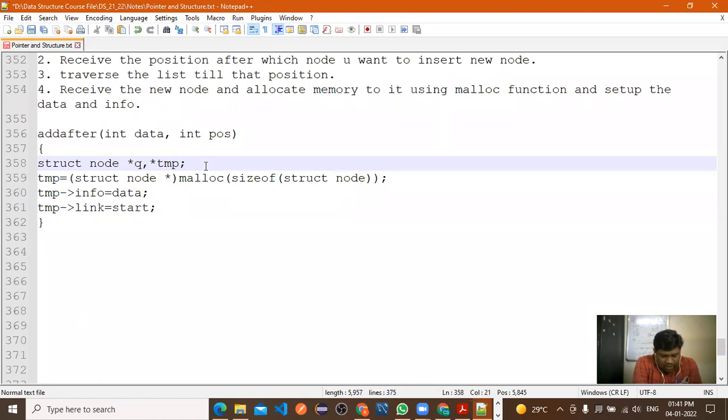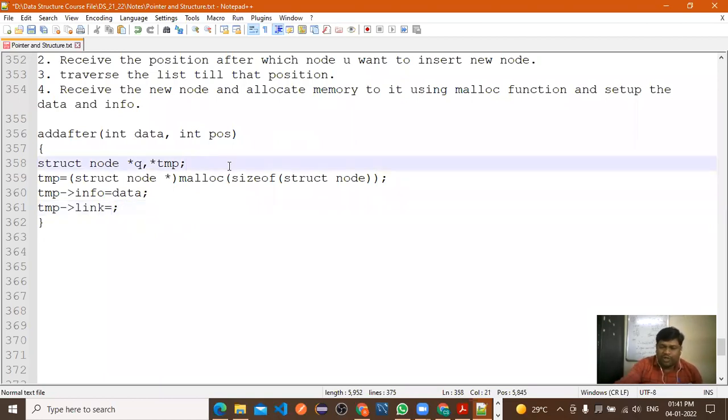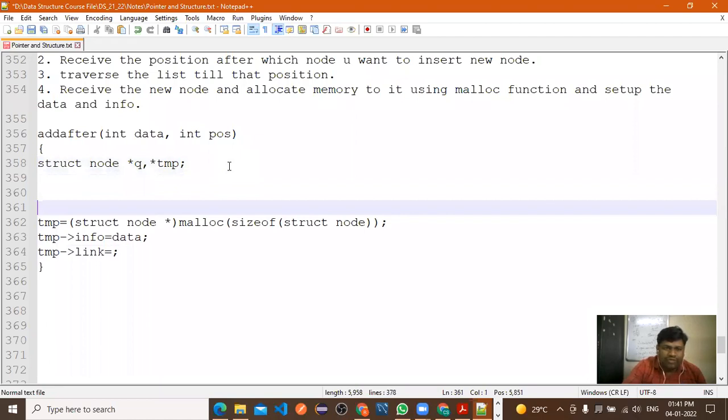But before allocating the memory, first we need to identify the position.